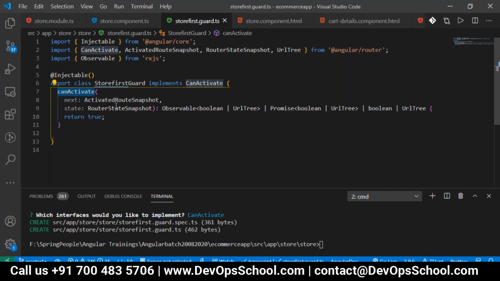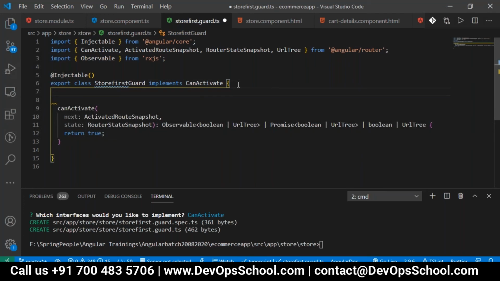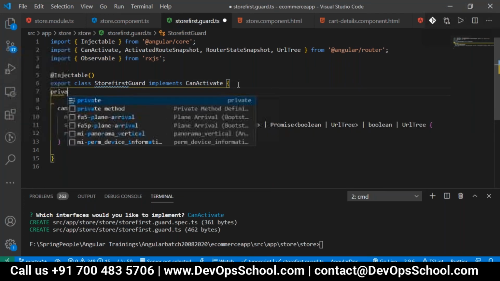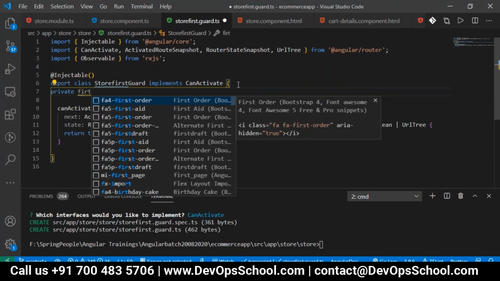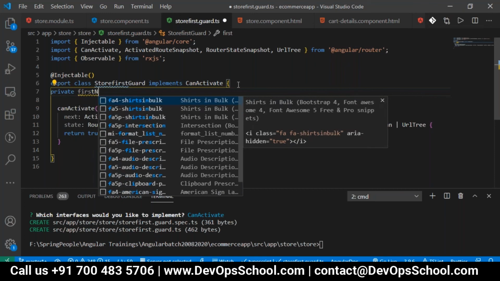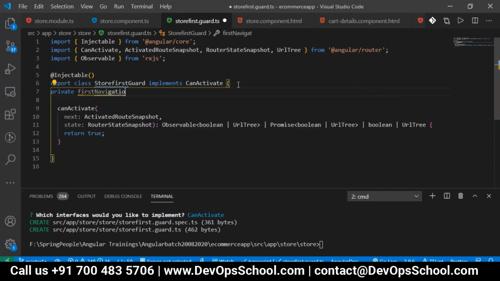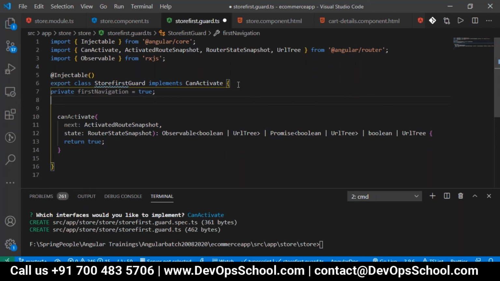For that, inside this method, first I will create one Boolean variable and initialize it to true. For the naming conventions, I'm using the variable called firstNavigation, which is true.